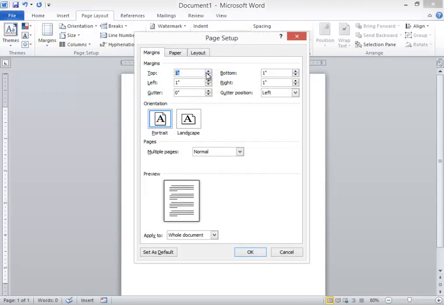From where, you can say let the top margin be, say, 2.5 inches, and left margin maybe 3 inches, and bottom margin maybe 1.5, and the right margin is 1.6. That is all up to you. Then you say okay. If you want the computer to maintain these settings for you, you click Set as Default,